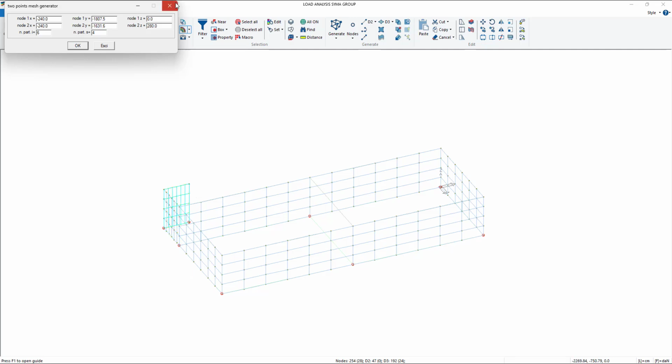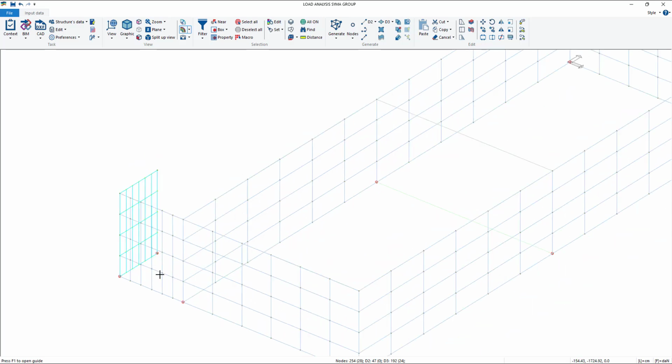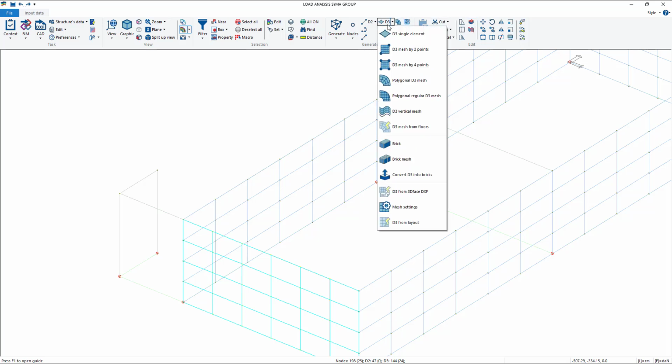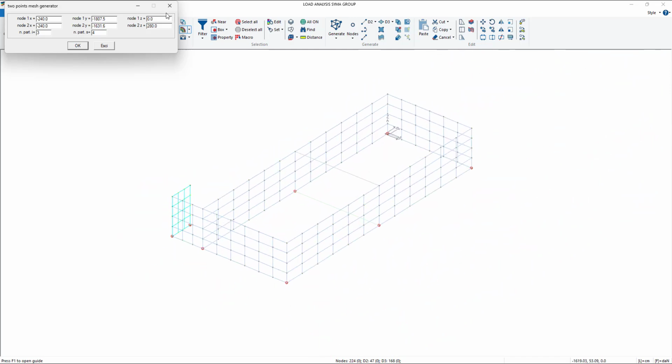Okay, probably for these little walls, I should have placed a different input, like not 6 for the subdivision by the length, but maybe 3 is just fine. Okay, let's say that this is our structure.